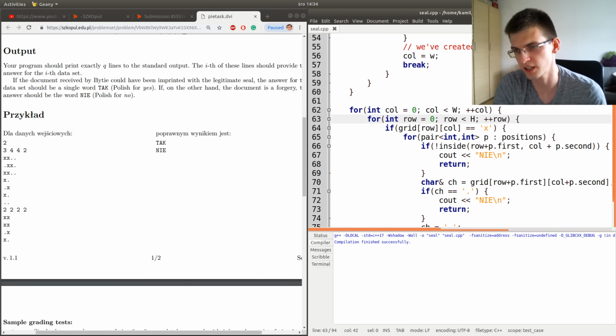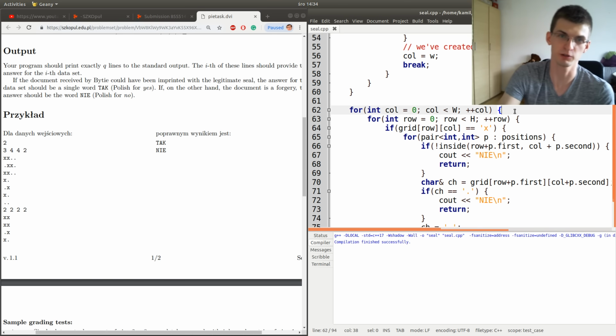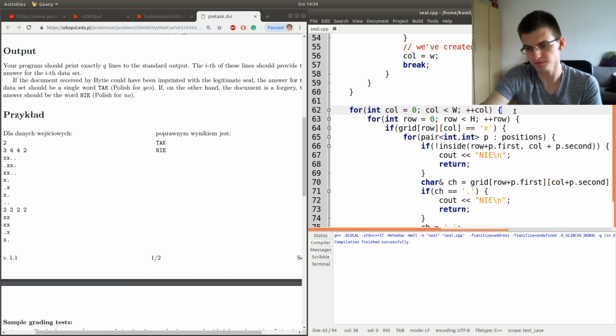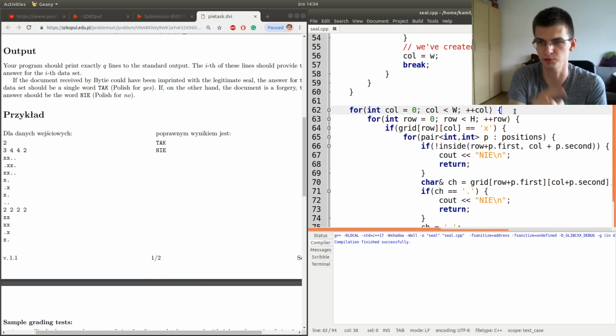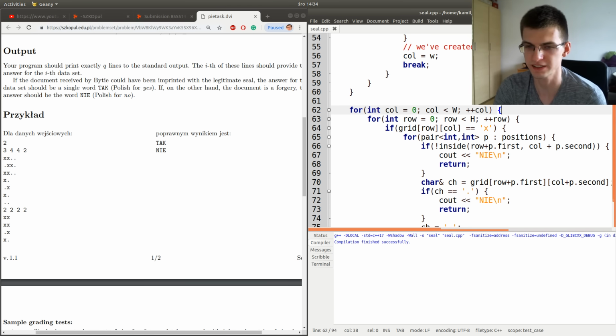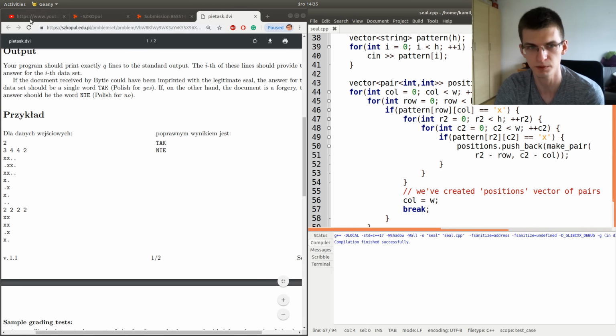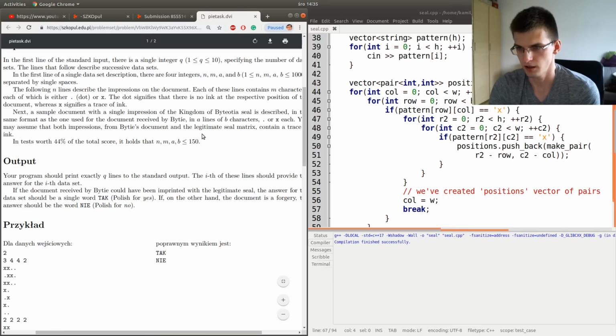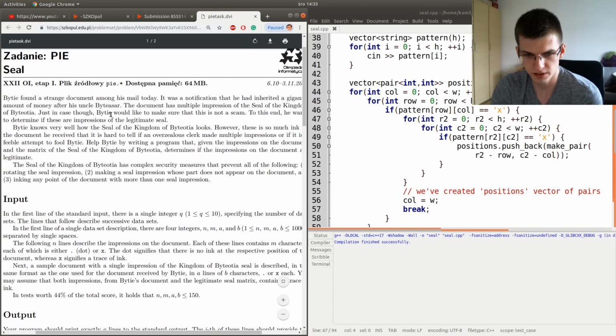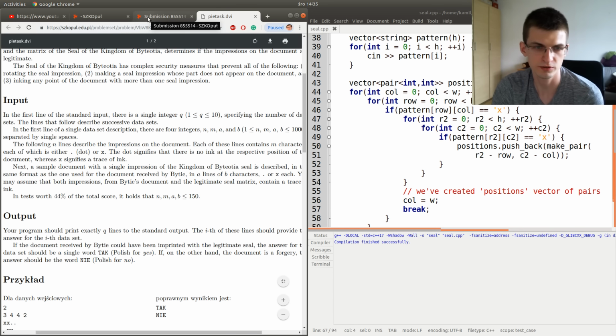And here, of course, we said that we must iterate over column first, because this is what logic said. Actually, we could change the logic not to take the leftmost x, but instead to take the topmost x, and among those to choose the leftmost one. And then our program would be slightly faster. So once you're aware of this issue, you should think about it when implementing and when you're worried about getting time limit exceeded. You can ask some questions now about this problem if you have any, and we'll move to the next problem.